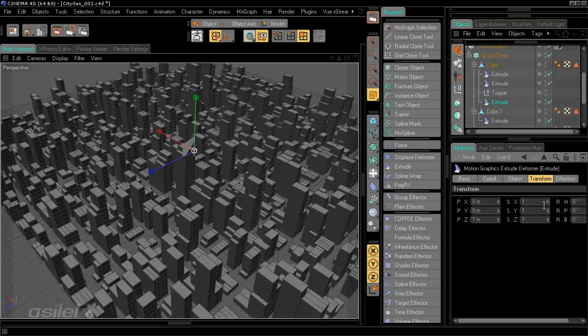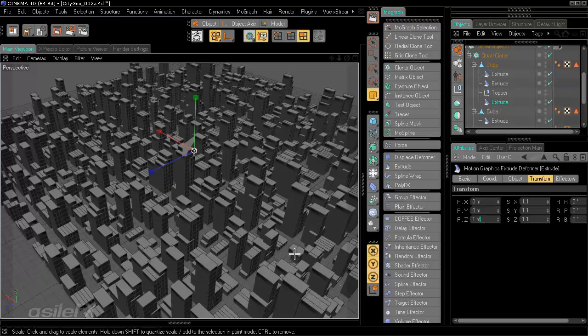And what I want to do is increase the scale to 1.1. So we are going to have it scale up a little bit. By adding that Z scale of 1, it is going to raise it up. If you want to have it so there's no taper,